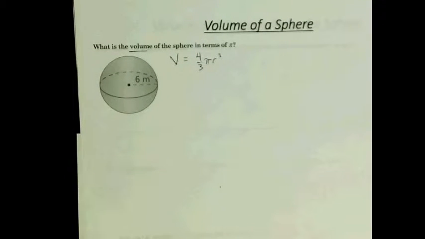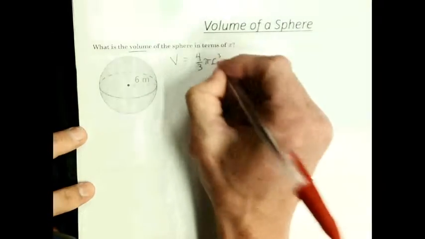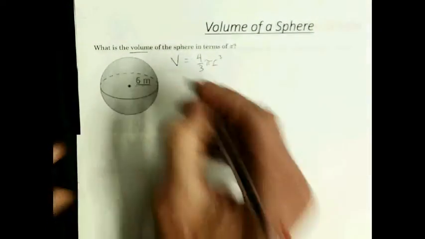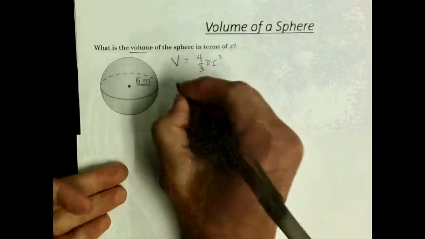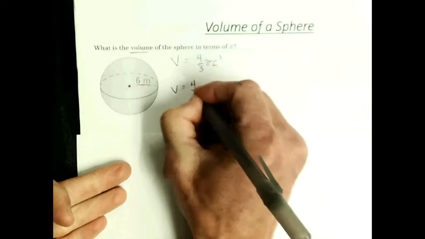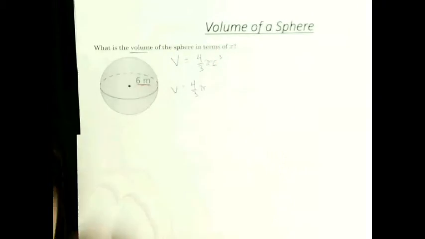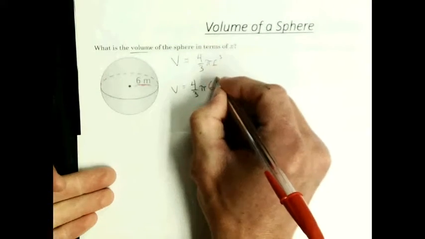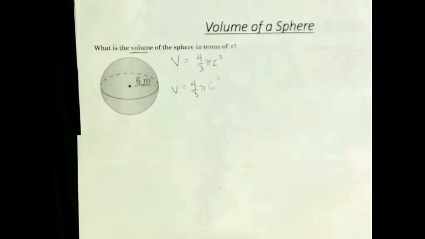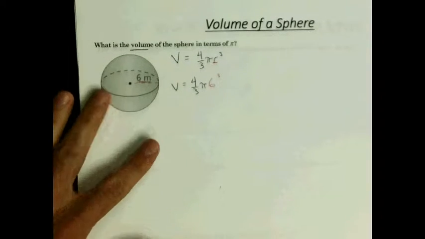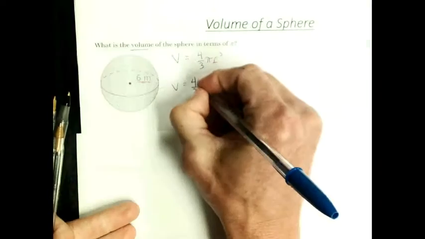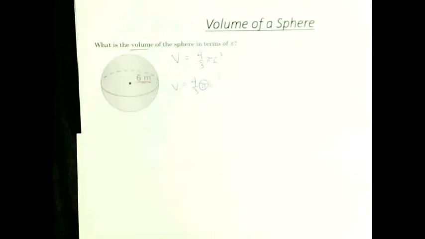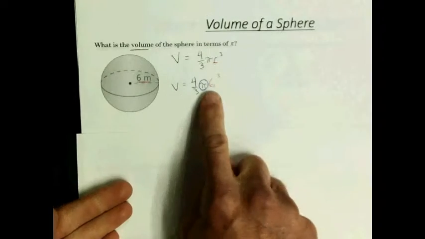Okay, so all we need to know in this particular example is, what is our radius? Our radius is given right here, right? The radius of the center of the sphere, 6 meters. So this is a real simple question. Volume is 4/3 pi times the radius cubed, 6 cubed. All right, so a couple things. First thing we're going to do is leave pi alone because this question is in terms of pi. The second thing we have to do is figure out how we're going to work with 6 to the 3rd